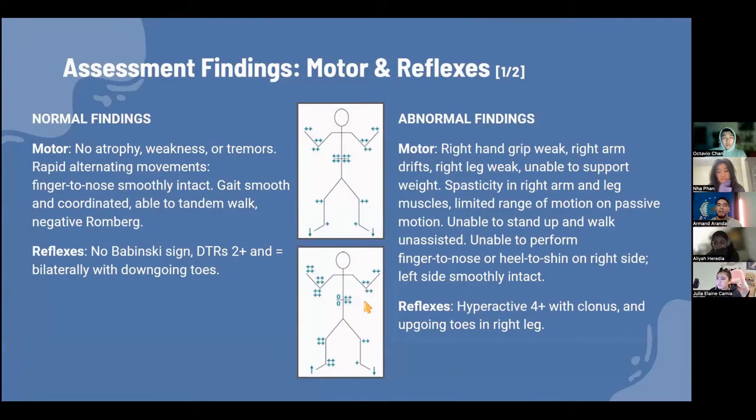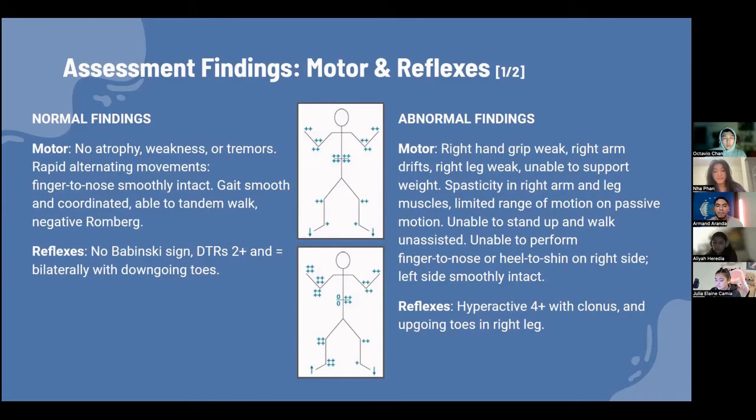So now that we have completed our health assessment, let's talk about JT's abnormal findings and then compare those with the normal ones. If we take a look at the top center picture, it represents the normal reflexes and motor strength of a healthy person. And then we would expect no atrophy, no weakness, no tremors. Agile movements such as the finger to nose exercise. Gait should be smooth and coordinated. The person should be able to do a tandem walk, as we mentioned earlier. And this is just that heel to toe forward and back. And we would expect a negative Romberg if we were to do that test,